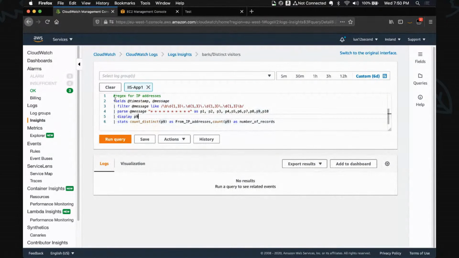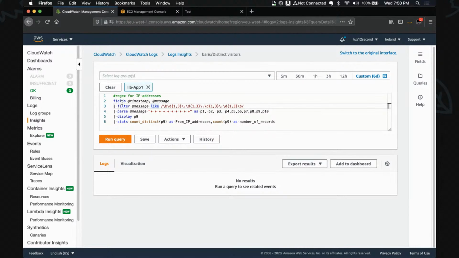So what it does is, first, I want these fields, which are the timestamp field and also the message field. The second one, I use a built-in function, very well documented again, which says filter, right? And I want to filter the message. And then you can give a regular expression, right? I'm not that smart, so I Googled this regular expression, and it's the regular expression for IP address.